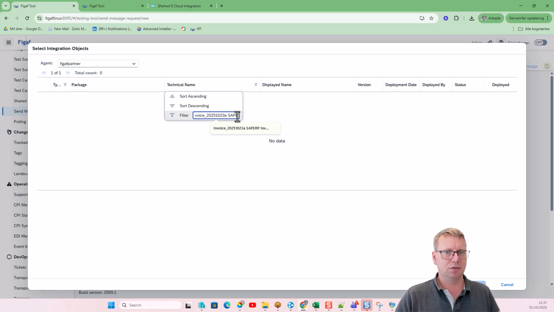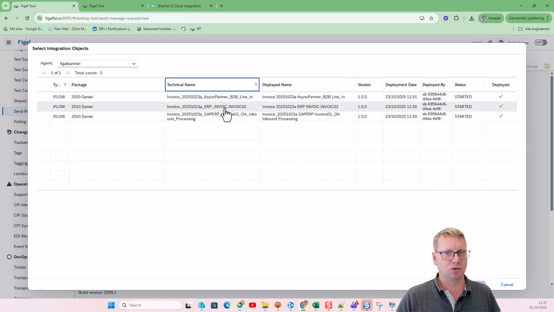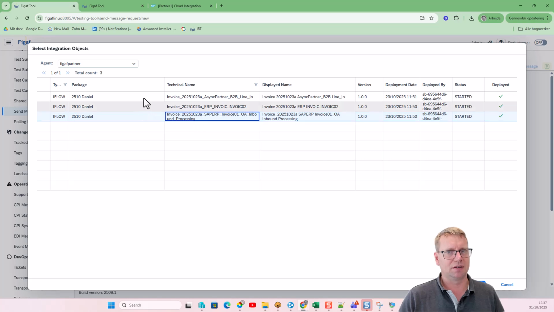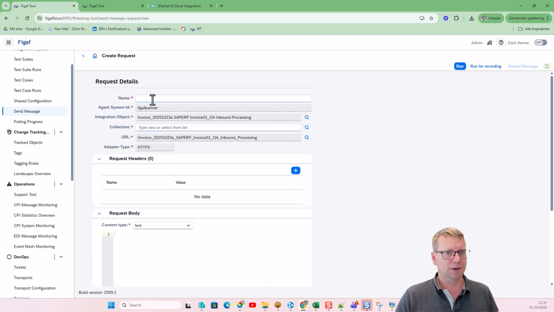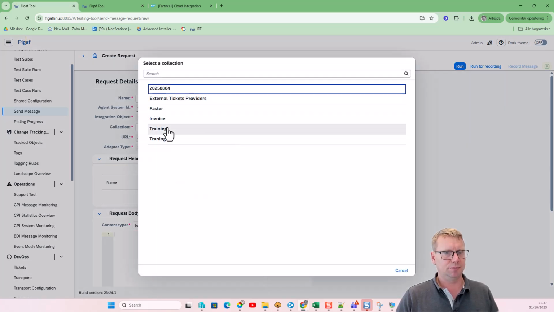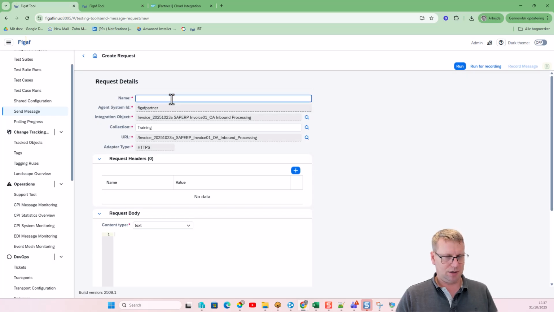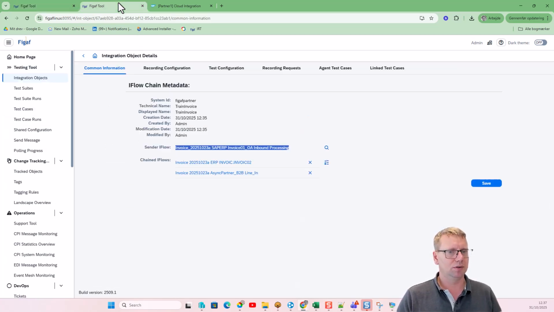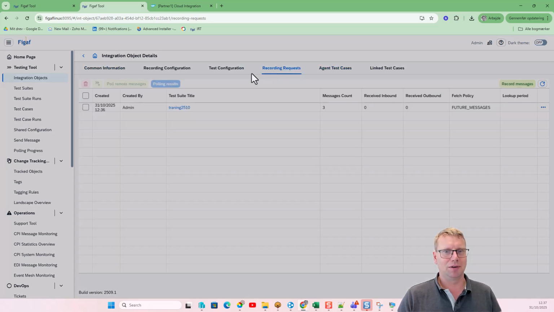And then obviously you need to consider where you're searching for this. Is it the technical or display name? Because in the technical we have underscores, in the display name we do not have it. We select the train here. Now we have two. And send message. And I obviously lost it, so I could show it again. We go to our